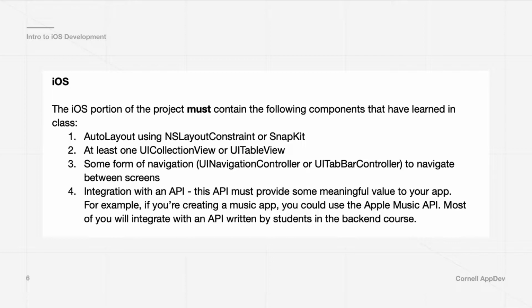All right. So for the iOS portion, this is what we ask of you. There are 4 minimum requirements. The first is you must use auto layout, basically what we've been doing in class all semester, using either NSLayoutConstraint or SnapKit, which is something that we might have time to go over. And then we ask that you have at least one UICollectionView or table view to display some sort of data, and some form of navigation, so either a UINavigationController, modal presentation, or a UITabBarController,